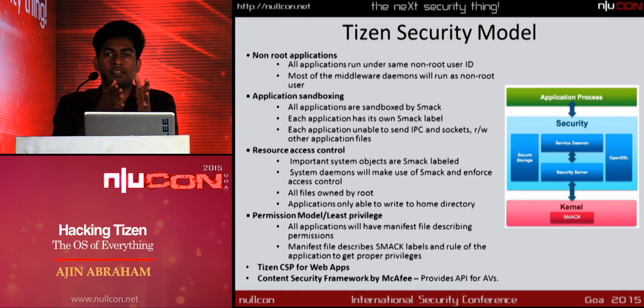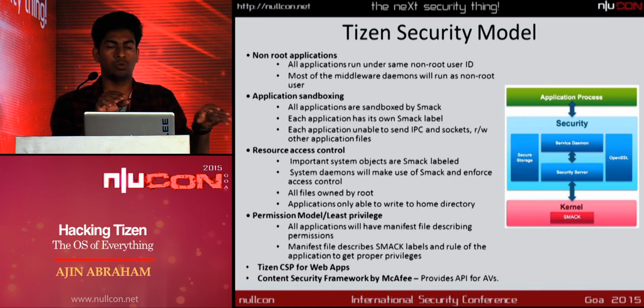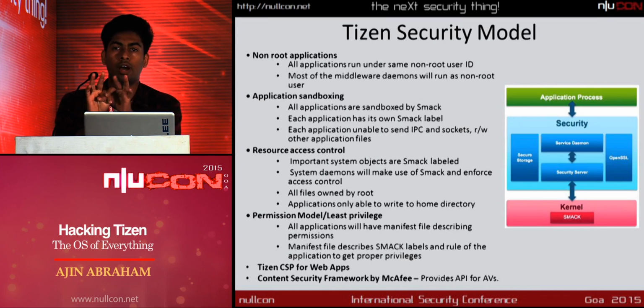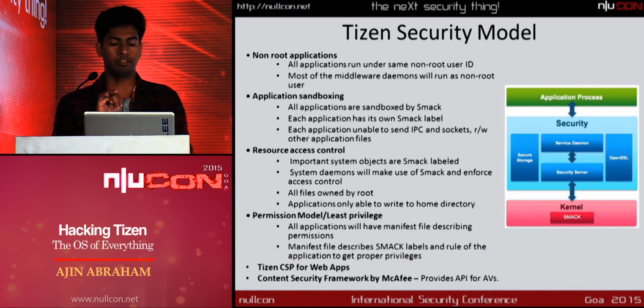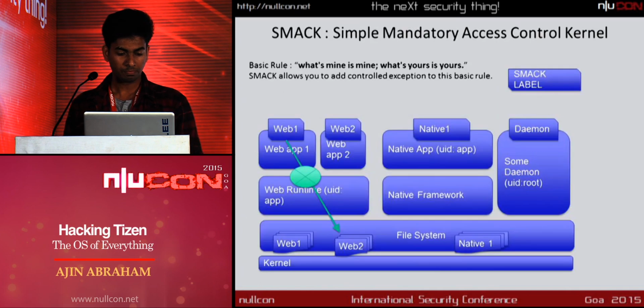But in Tizen, the advantage is that it's an Intel company, so Intel is supporting. McAfee is an Intel company. McAfee is providing a set of APIs which allow you to do all this functionality. Any antivirus companies which are approved by the Tizen Association or whatever can make use of these APIs to do all the scanning of the content, the URL, and whatever is happening in the Tizen device. So that is a good thing the Tizen security model has.